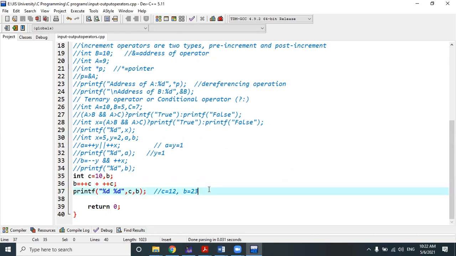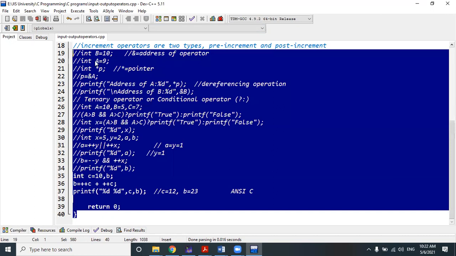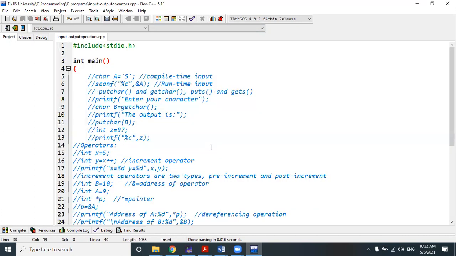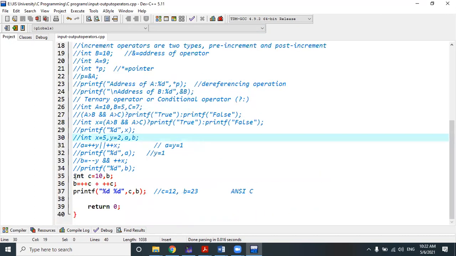The logic that we are learning is totally based on the ANSI C standard, and this compiler does not follow ANSI C standard properties. So this compiler has different properties for increment and decrement operations. That's why the logic will not match the output.